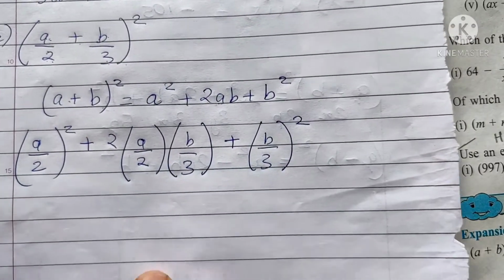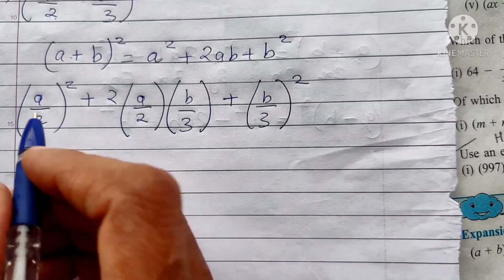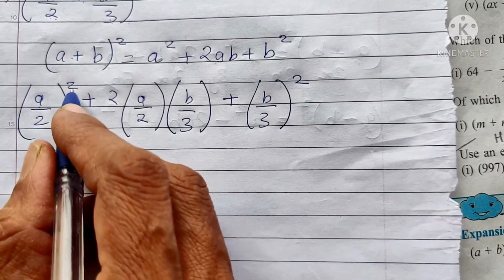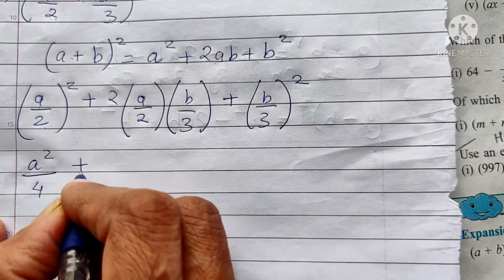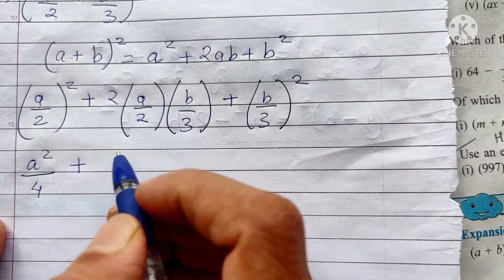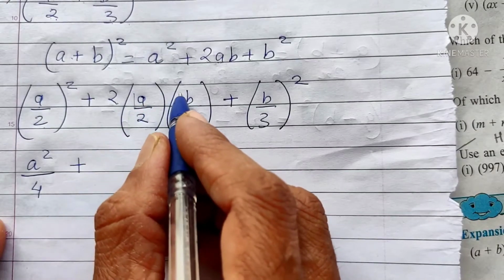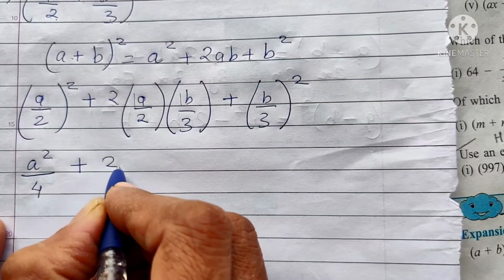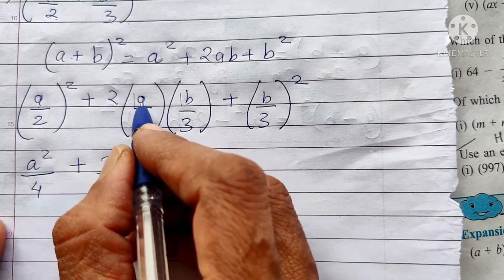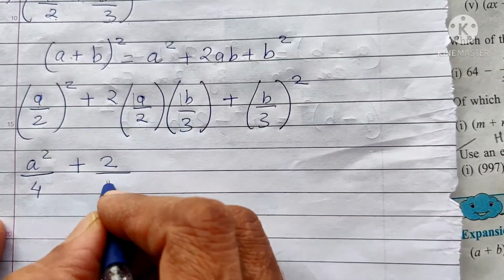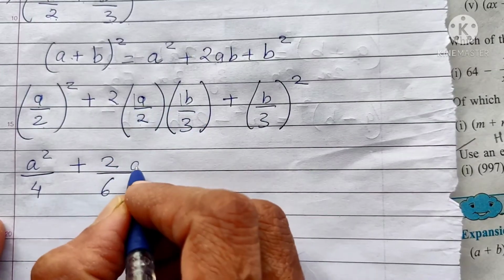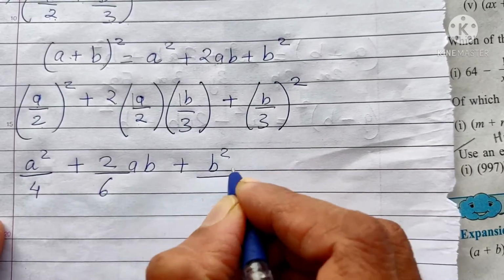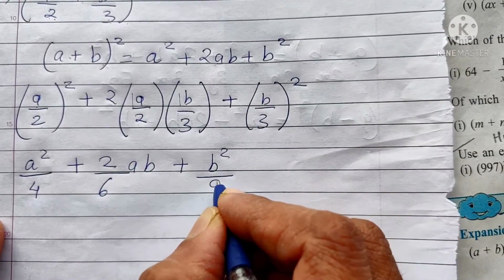Now let's open the brackets. So here you have a square, and then you take the square of 2, so that becomes 4, plus, so here you have only 2, and these are all coefficients 1 by default, right? So you get 2, and then you have upon 2 3s are 6, and then you multiply these variables, so you get ab. Okay, plus you have b square upon 3 square is 9.